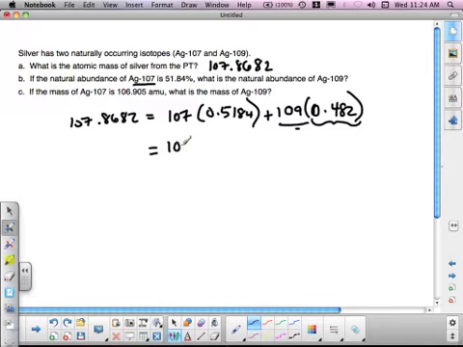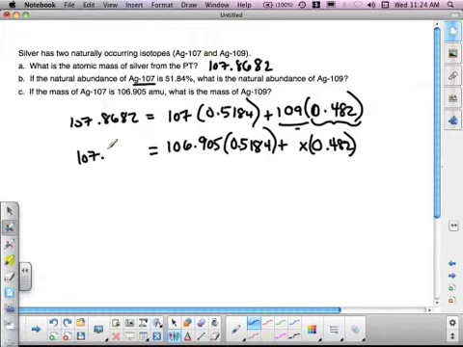The actual real mass of 107 is 106.905 times its abundance plus x, I don't know the exact mass of 109, times its abundance. Don't really have to put that in parentheses, and they all add up to the mass that's on the periodic table. All right, so I'm going to multiply this term right here